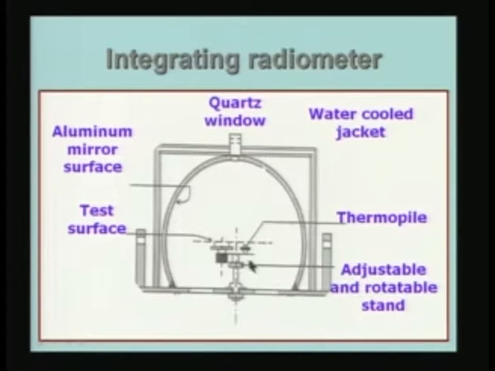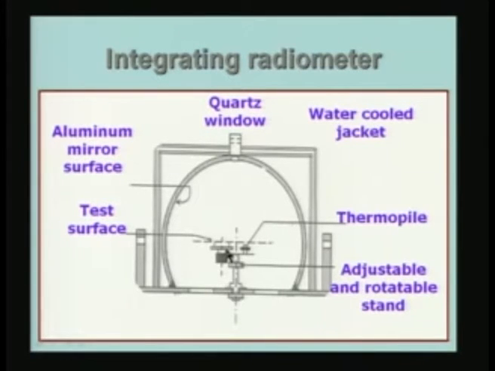So, we can adjust and rotate this and make adjustments for the positions and so on. The thermopile is the element which is going to measure the reflected or emitted radiation. Suppose I illuminate it from a particular direction, then it will leave in all directions. It is exactly the same as what we had earlier. You can illuminate the sample by bringing in radiation from outside, or you can even put a heated surface there, and the radiation emitted from the surface will itself come to focus on the thermopile, and therefore in a way this can be used for measuring the emissivity of the surface.